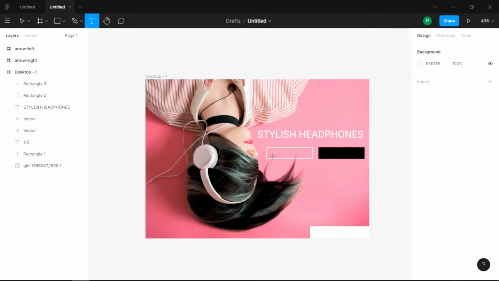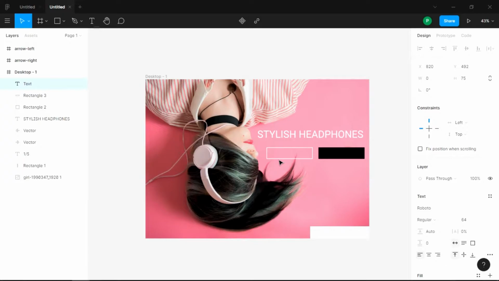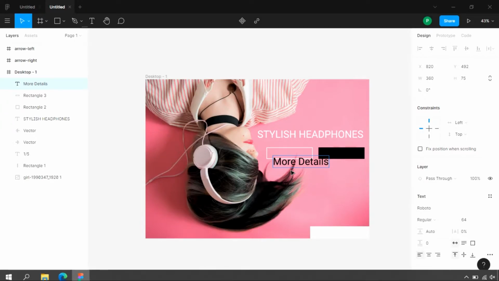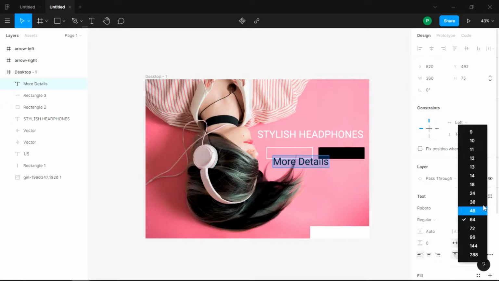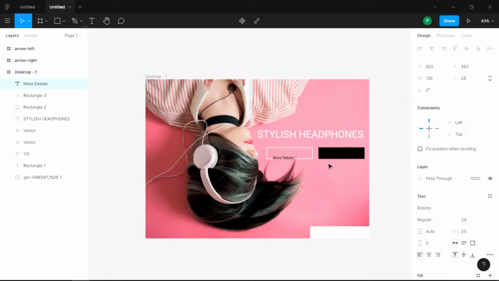Alright. So let's add some text here, which is more details, and let's decrease the size of the font. Select all. Okay, let's copy this and just paste it here. Just shift this to the right button.